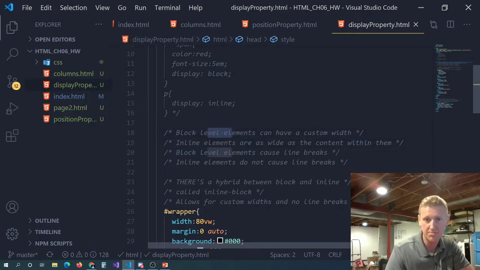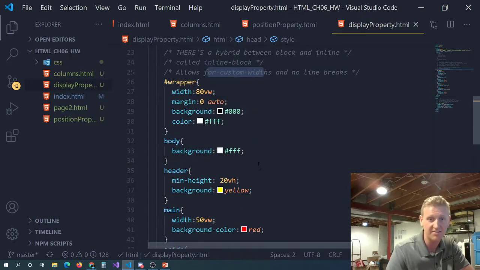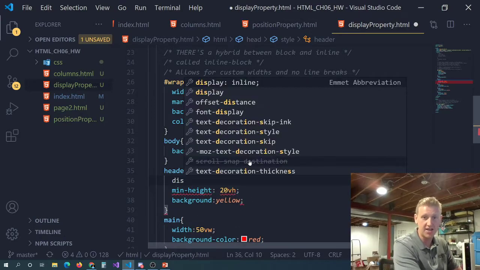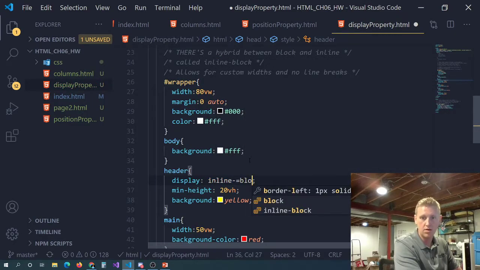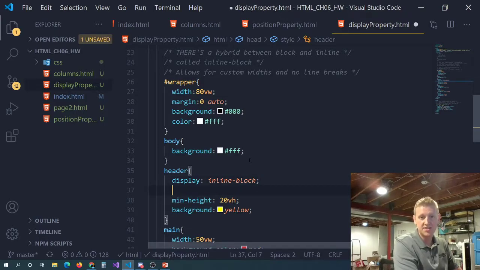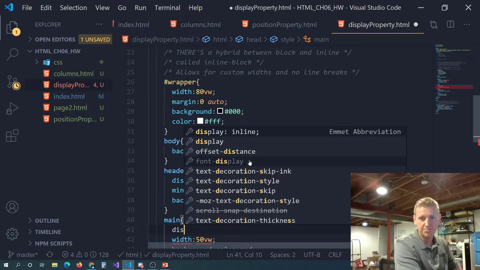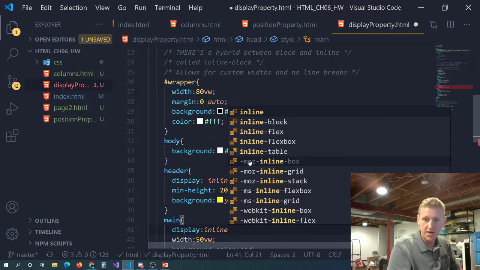Block causes line break, but can have a width. Inline elements cannot have a width, but they don't cause a line break. So what we want is no line breaks and custom widths. So on header, we're going to change this display to inline block, which allows us, on main, display inline block. So now,